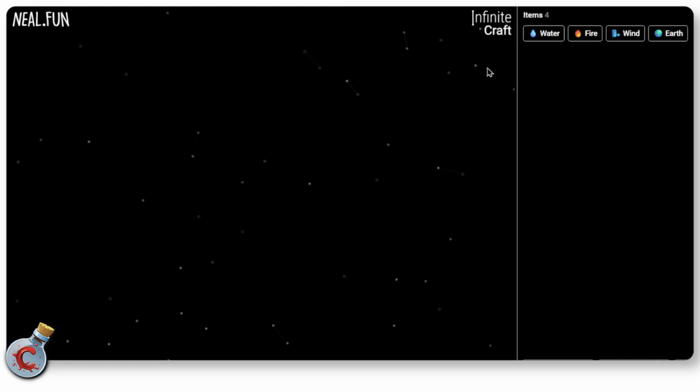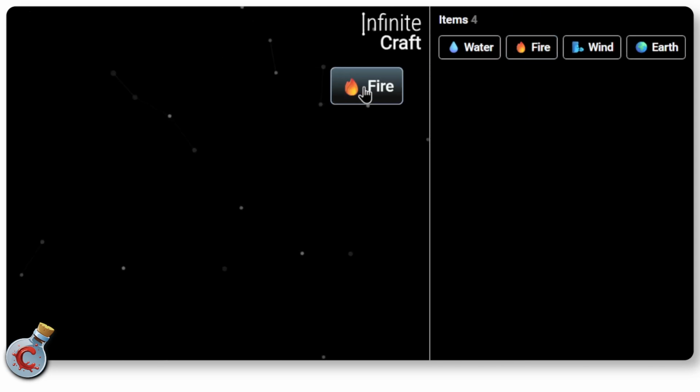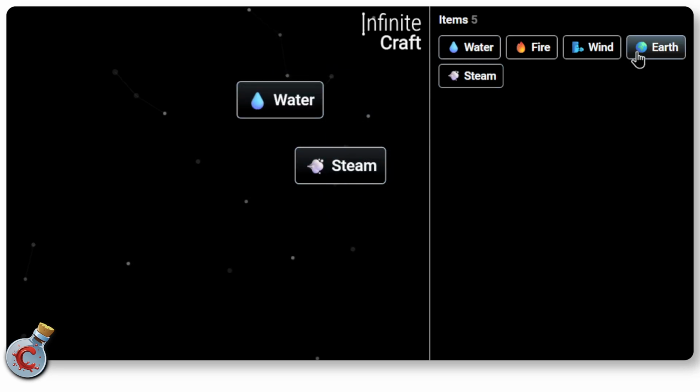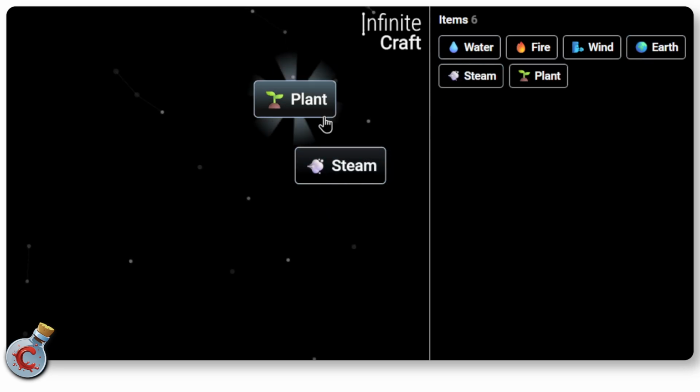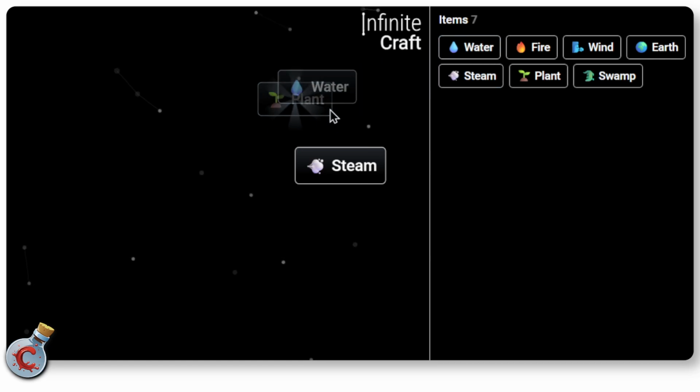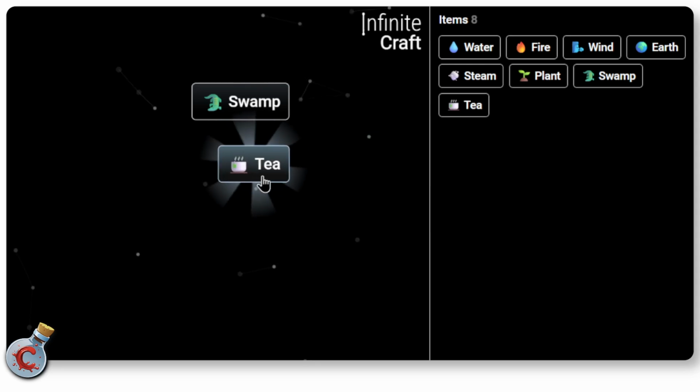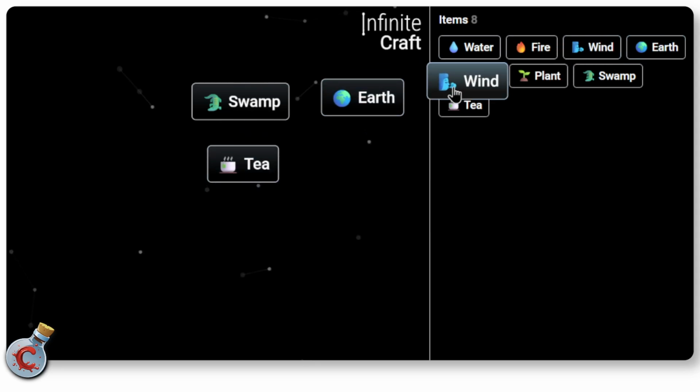Welcome to Craft today, and here we're going to create Conehead Zombie in Infinite Craft. First up, combine fire with water to get steam, then combine water and earth to create plant, which mixed with water creates swamp. We're also going to combine plant and steam to create tea, then combine earth and wind to